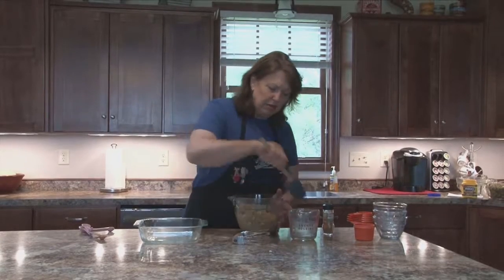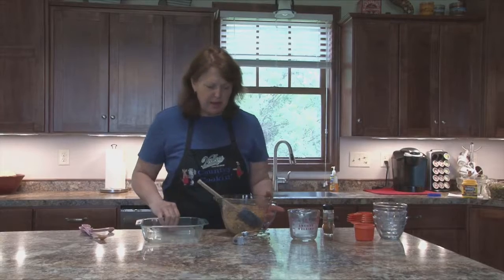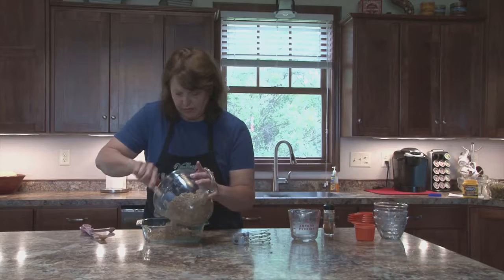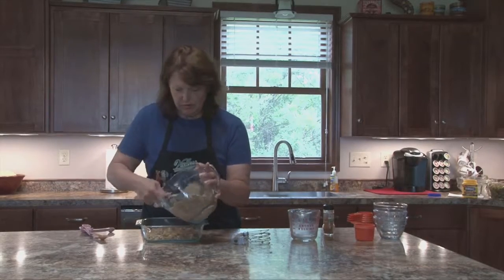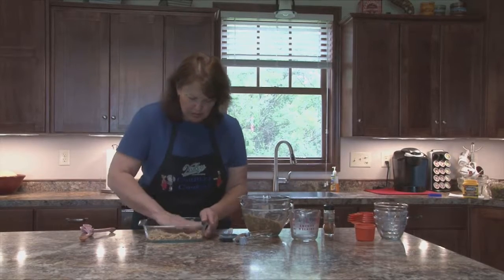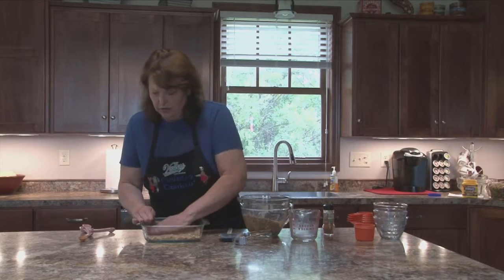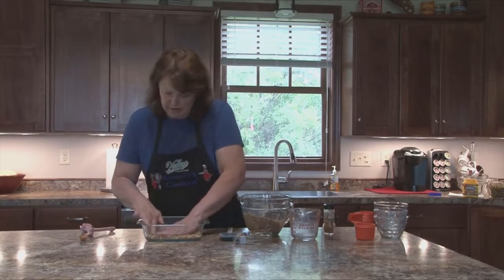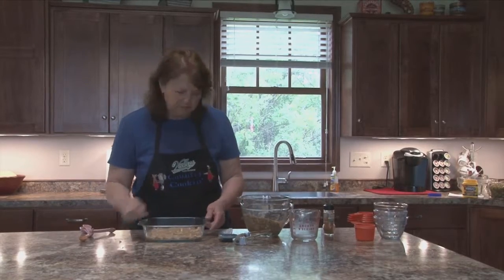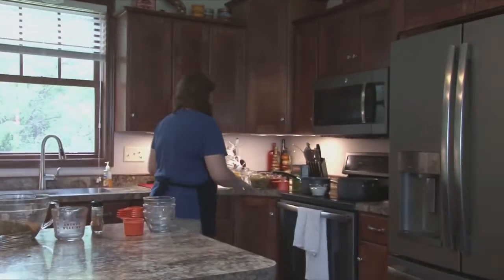Okay, so I'm going to take half of this and put it in the bottom of an 8x8 pan. Pat it down so you got a little bit of a base. So it looks like that. Then we're going to make the filling. We're going to start out